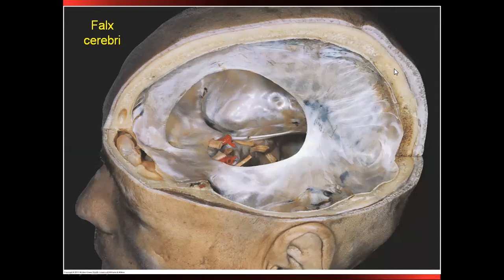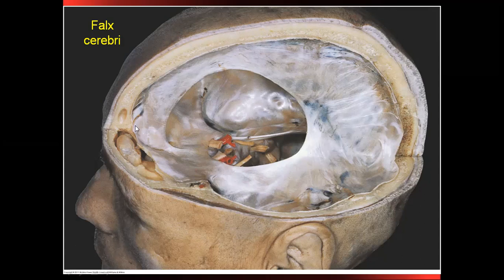Here, in this section of the head region, where the skull bone has been cut in different directions so as to help us understand the falx cerebri, you can see this fold of dura mater is the falx cerebri. The one attached along the interior of the sagittal suture is the attached margin of the falx cerebri, and the one freely hanging inside the brain is the free margin. Basically, the falx cerebri is present between the two cerebral hemispheres.